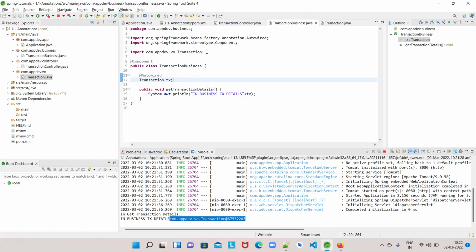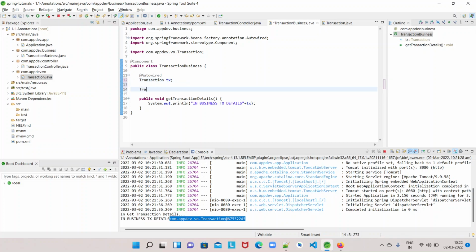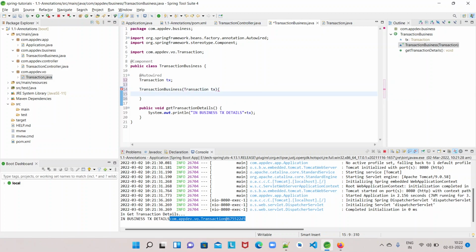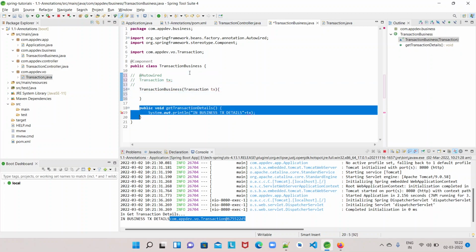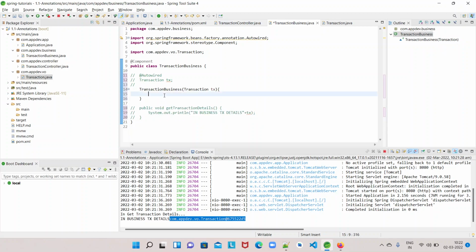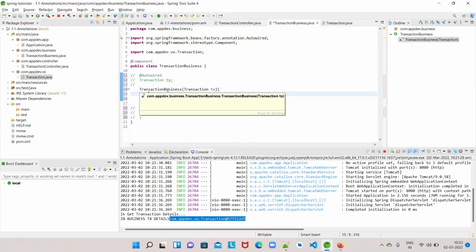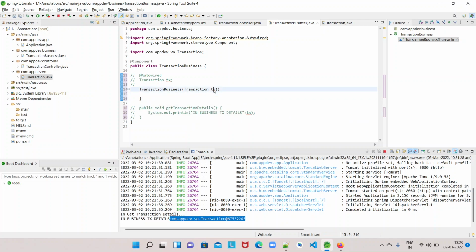Say for example, this transaction business is having one constructor, and it needs a transaction. Now let me comment out everything. See, this transaction business constructor needs a transaction vivo. It is dependent on this transaction class, right?